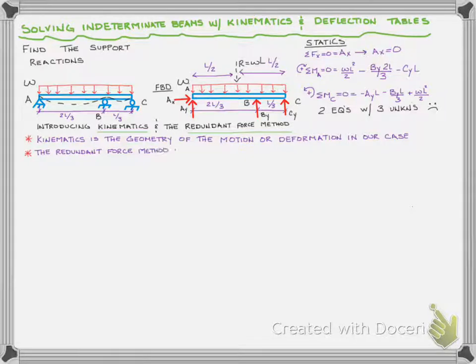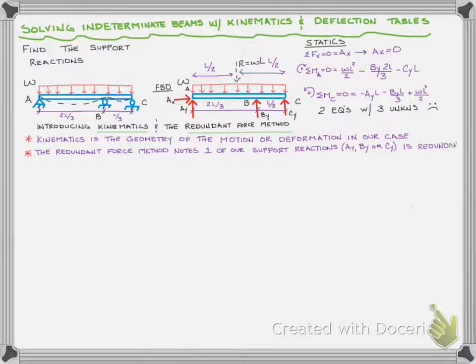It basically acknowledges or notes that we have more vertical support reactions than we need. Right now we have 1 extra. We have AY, BY, and CY, and one of those could go away. One of them is redundant, all right? So